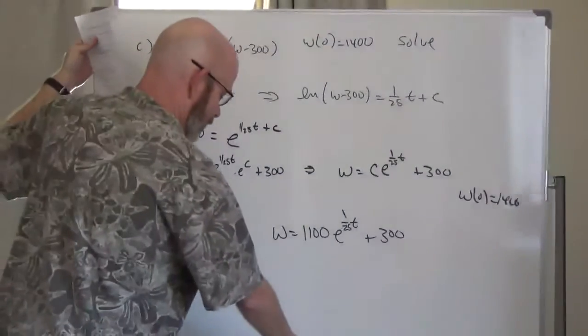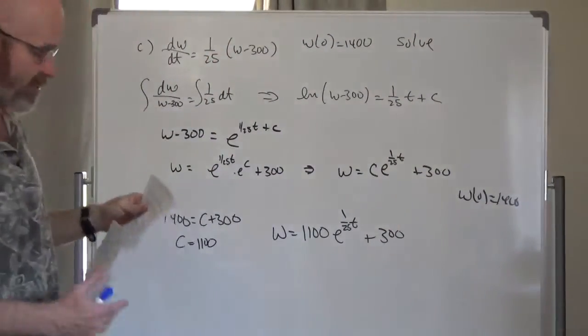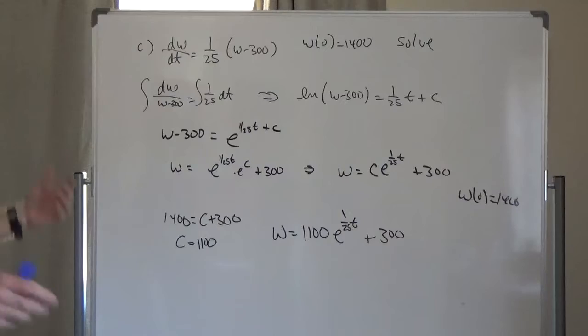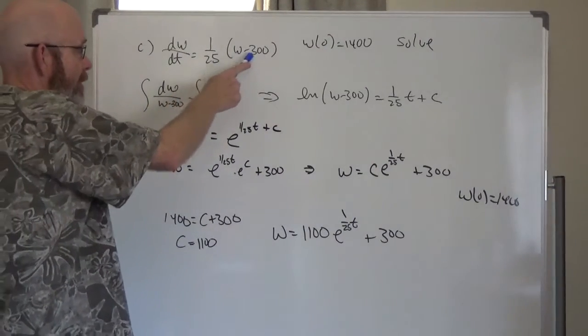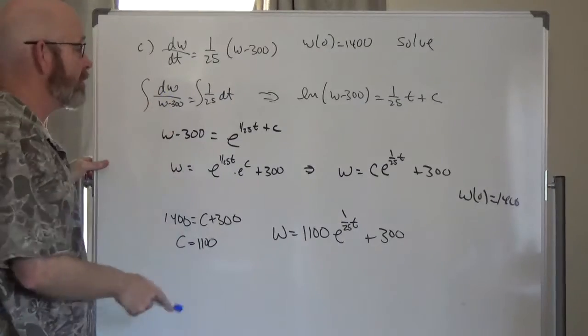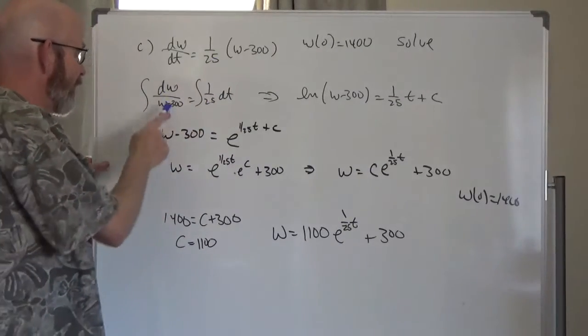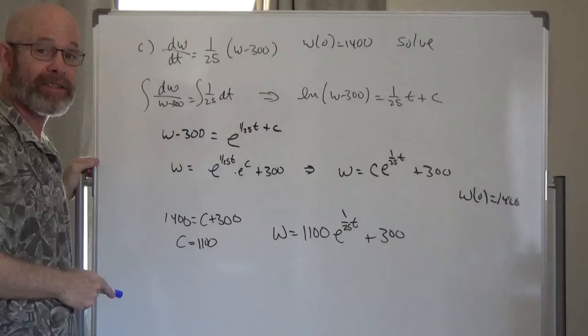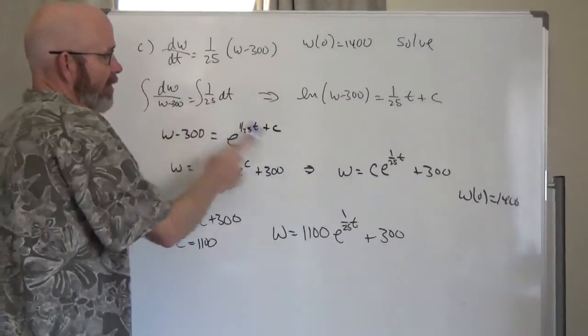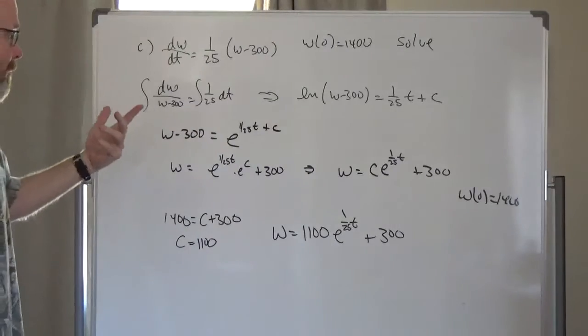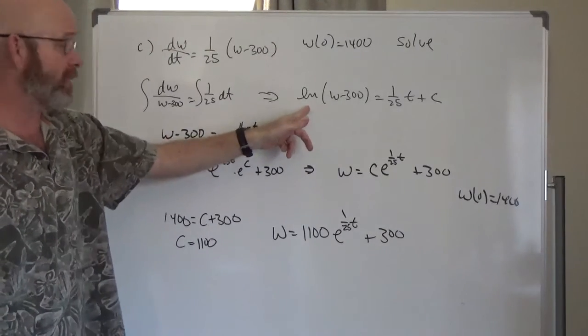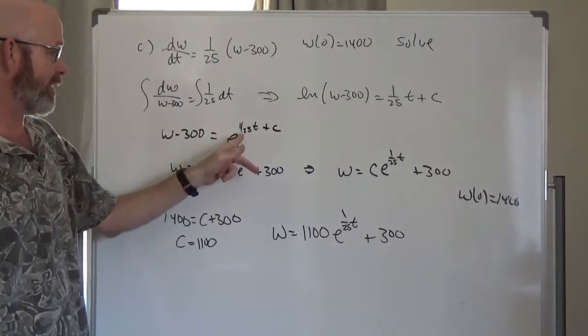And then the last part of this problem is straightforward. Just solve the differential equation. Nothing tricky here. It's a separable differential equation. The W minus 300 comes down here with the W's. Constant stays there. Integrated this, natural log of W minus 300. Integrated this, 1/25 t plus c. What did I do? I exponentiated both sides, so I got W minus 300 equals e to the 1/25 t